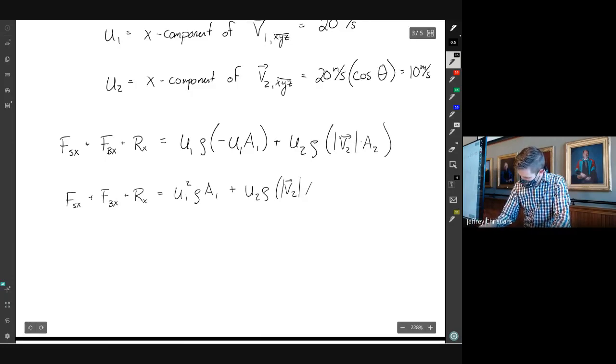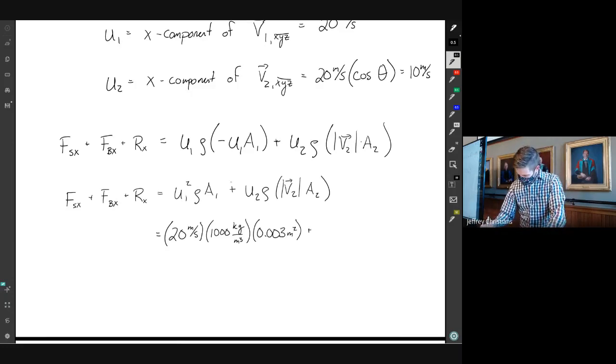I'm just rewriting the same thing. I don't know why I did that. So let's start to plug in some actual numbers. So that's 20 meters per second times the density, which if this is water is 1,000, times the area, which was 0.003 square meters,